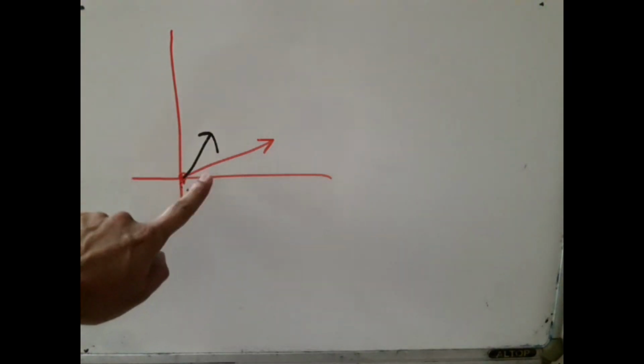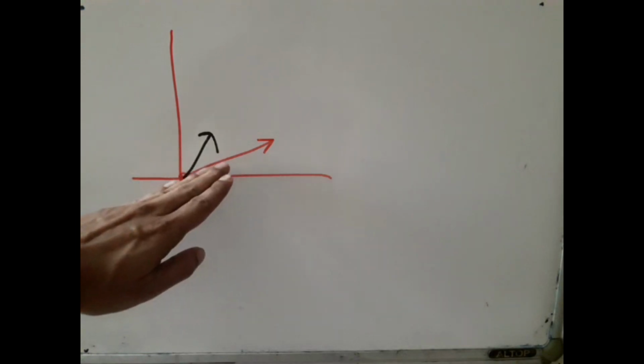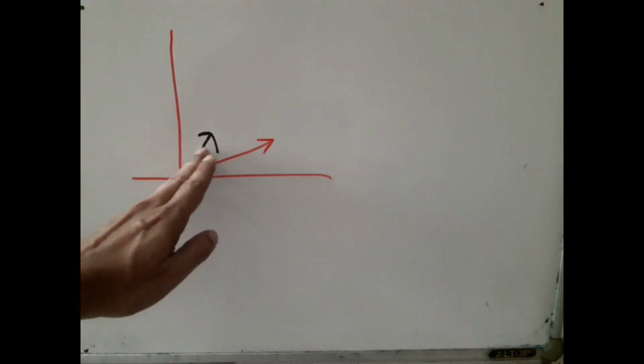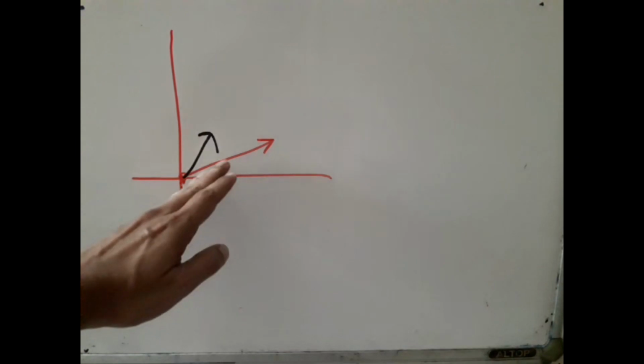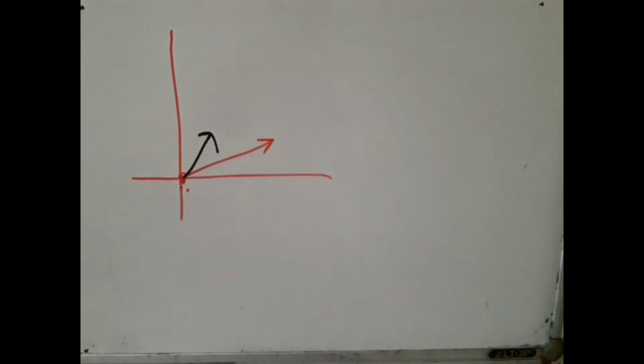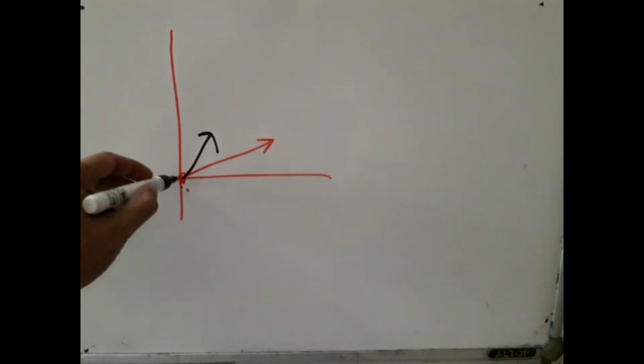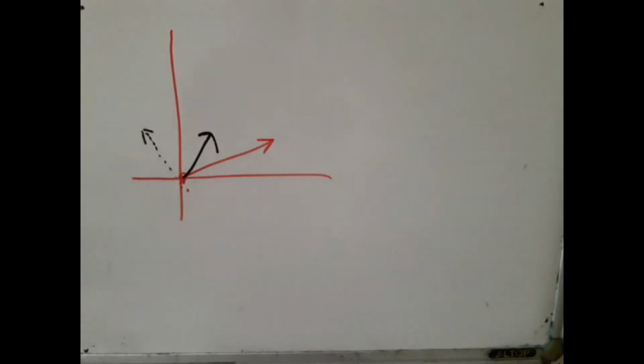So the black will be to a counterclockwise direction of the red arrow. But if I reflect, say, along this line, in that case the black arrow will come here and the red arrow will come here. So that's the difference between reflection and rotation,